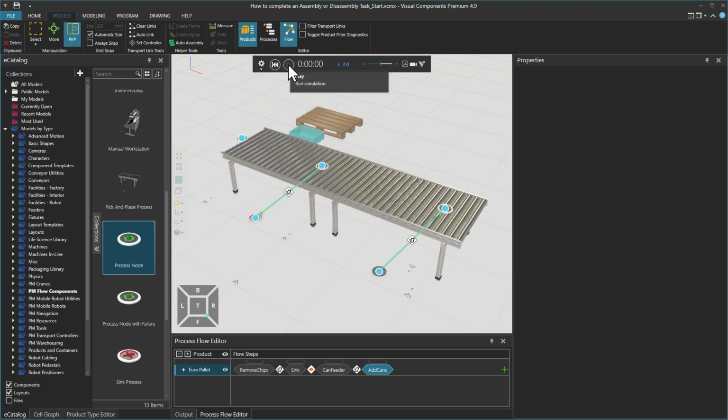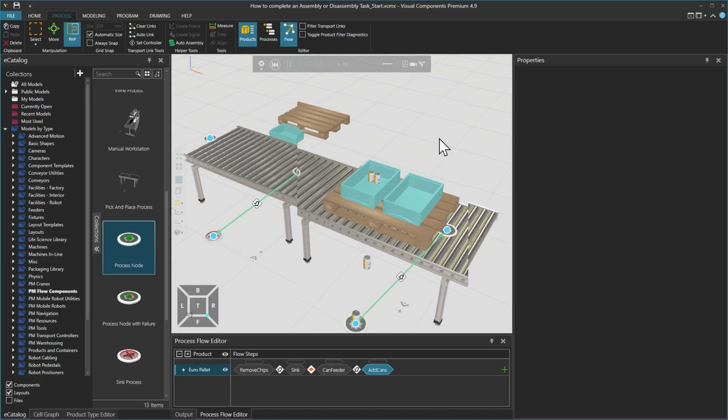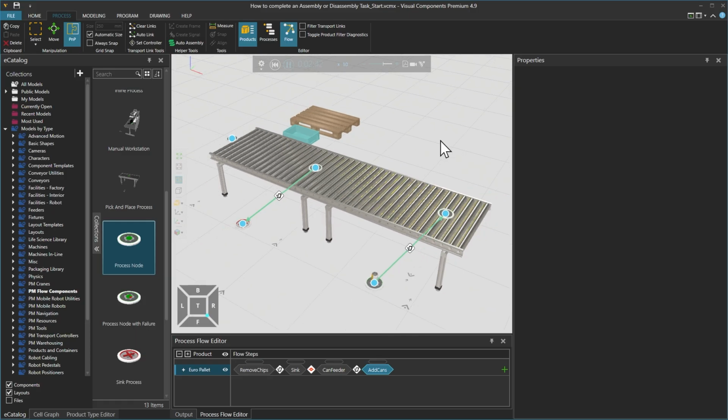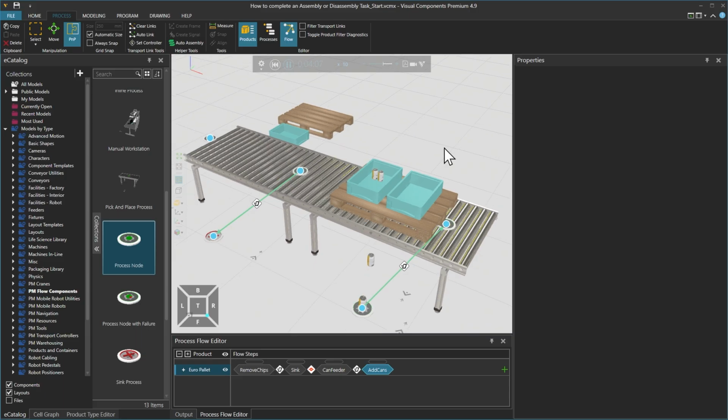Okay, so now let's click play to test the simulation and increase the speed to, for example, 10. The chips packs are removed and then the cans are being received based on their availability from this process over here, can feeder. And then we wait for some more time because this process pallet feeder includes a delay of 200 seconds, and then the next pallet is created. Right now the cans are coming in based on their index order.